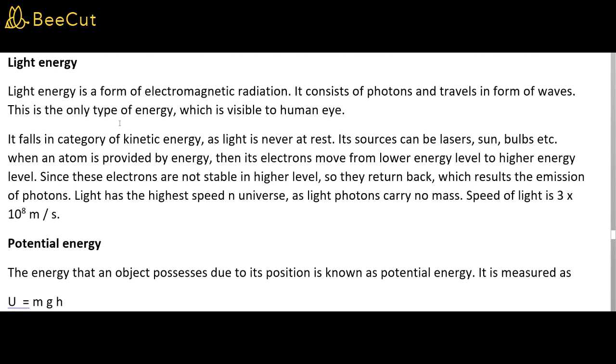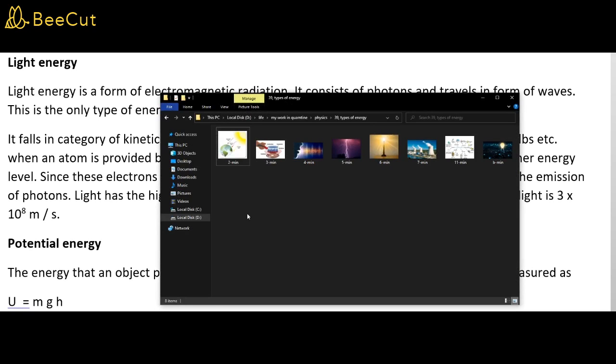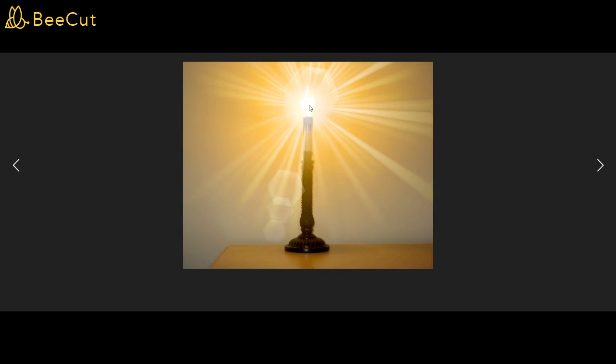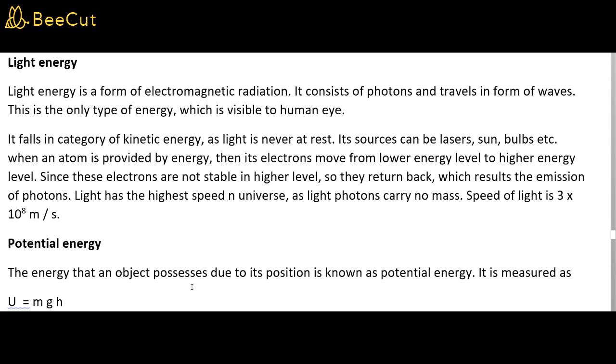The next one is light energy. I would like to show you this one. That's usually light energy. This is actually a source, and the light is coming from this source to our eyes. So basically what is happening is that the light source is producing photons, and the light consists of photons. They travel with the speed of 3 multiplied by 10 raised to power 8. This is the speed of light, and since photons carry no mass, it is the highest speed estimated in this universe. Okay,